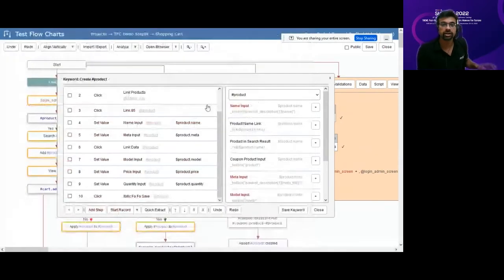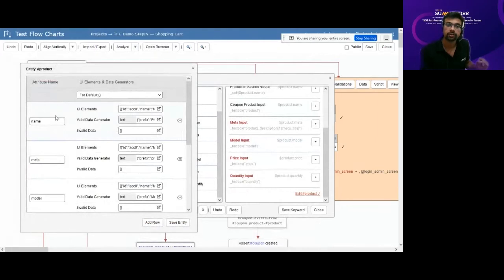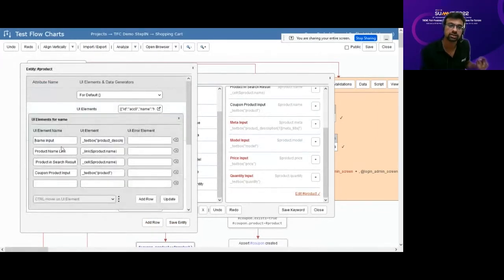So when we are actually saying this is the username, the user's name, the UI elements are name, input, etc. These are there, and then for each one of these there will also be an error element. So any freeform text that is input into a system, all those freeform fields will also have an error display element. As I said before, that error display element could be just one for all of them, or it could be individually available for each one of them. So based on that, we would populate this UI error element also here with that particular element name.